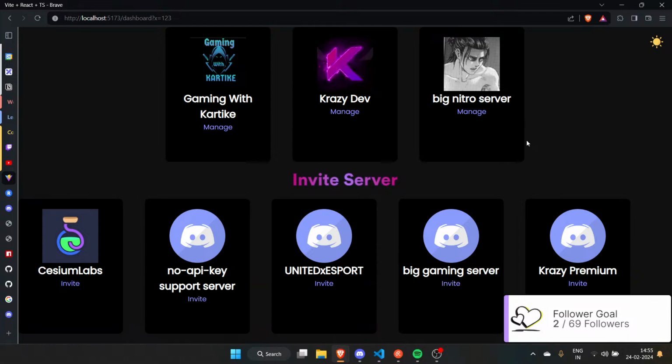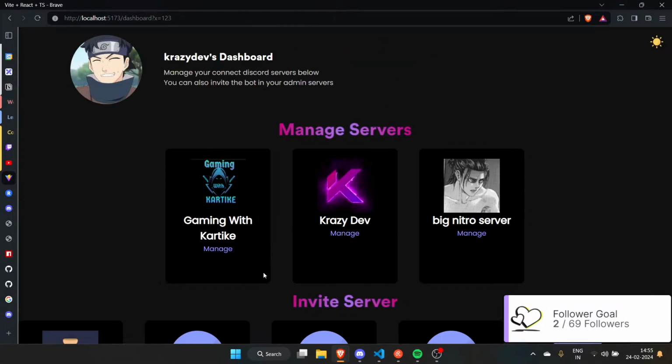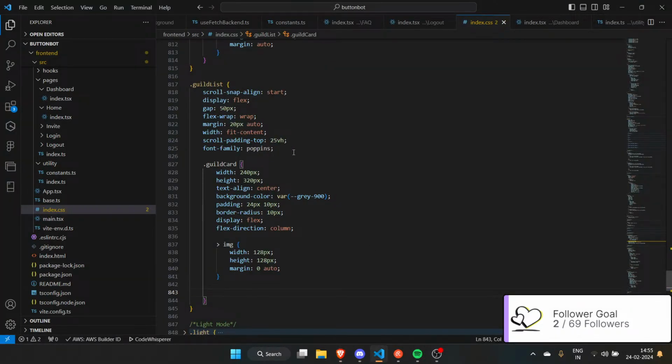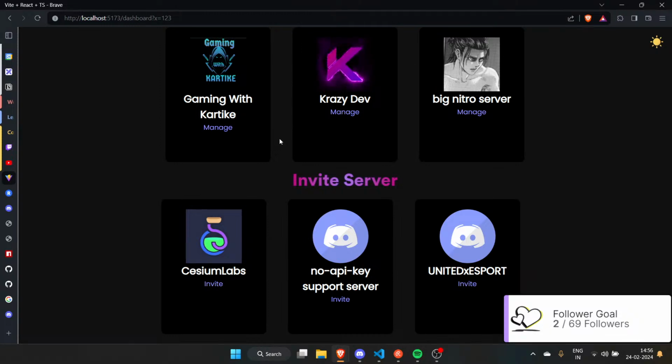It seems okay. Let's give this thing a maximum width as well. We have a width of fit content. Maximum width should be like, 100 pixels plus 250 is like 750. I guess I'll give it like 840 pixels. Yeah, that's nice.